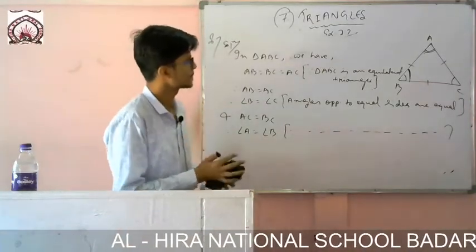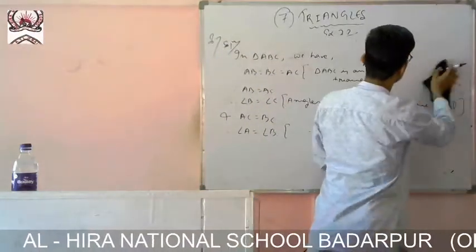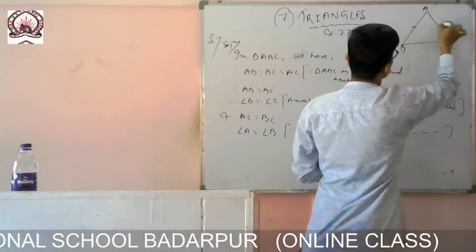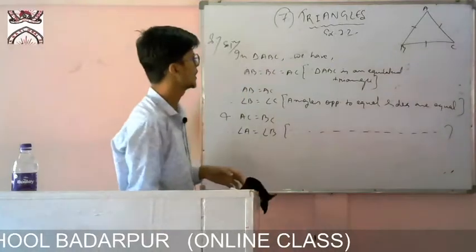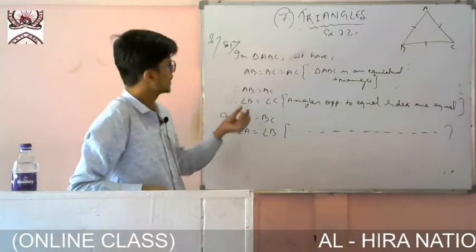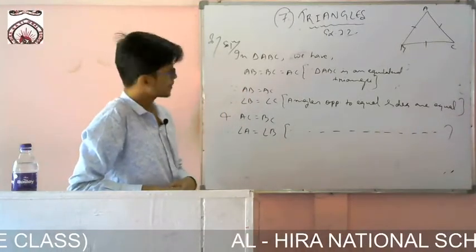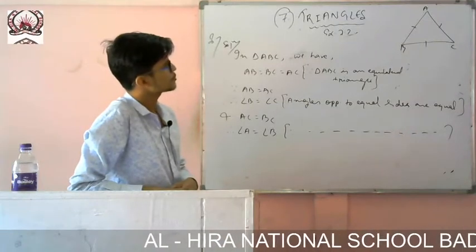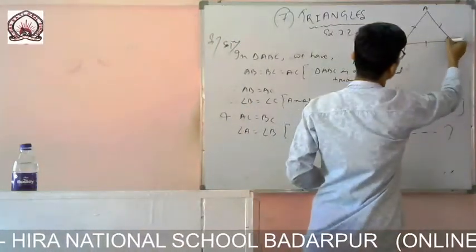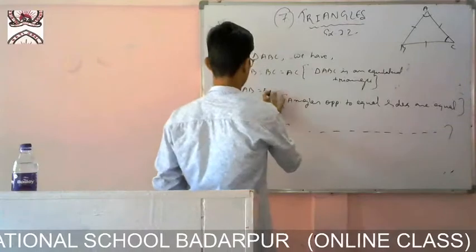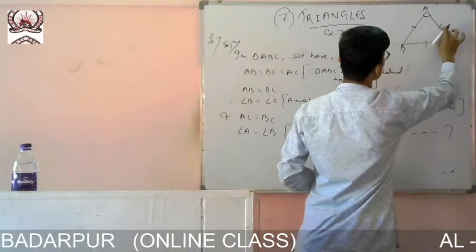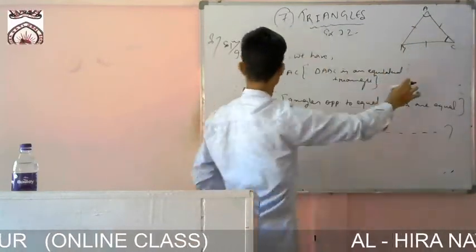So you see what I have done. First of all, let me erase this one and nicely let me draw. You see here, ABC is an equilateral triangle. I have to prove that each angle measures 60 degrees. Okay. So first of all, what I have done, I have taken AB equals to BC, then only I can show that angle A is equal to angle C. AB will be equal to BC, then only angle C will be equal to something.